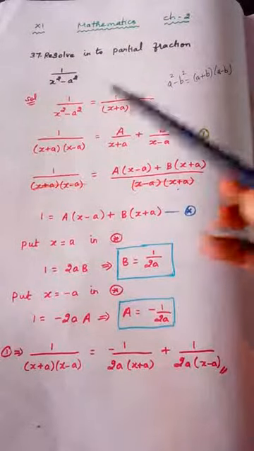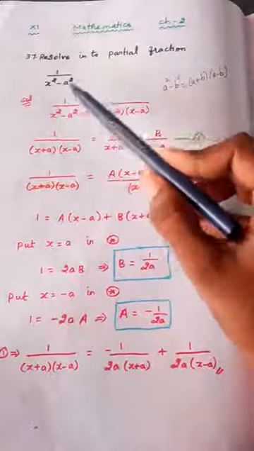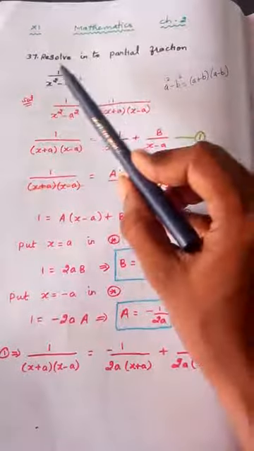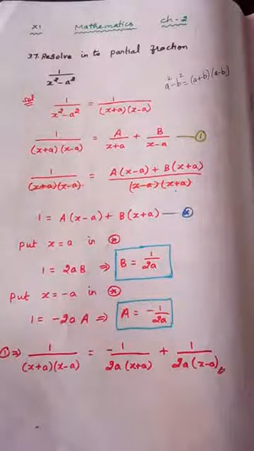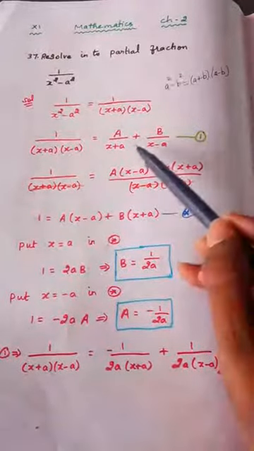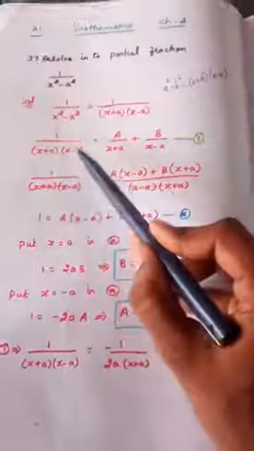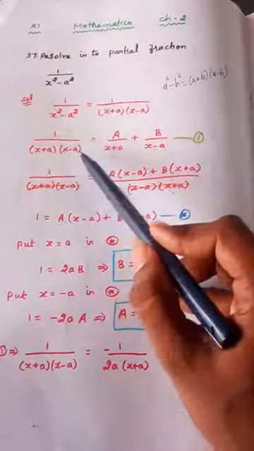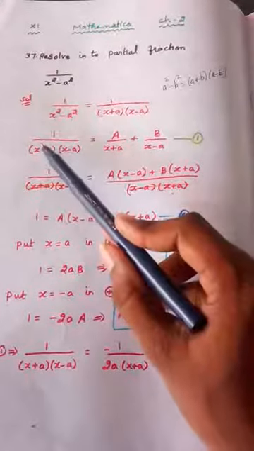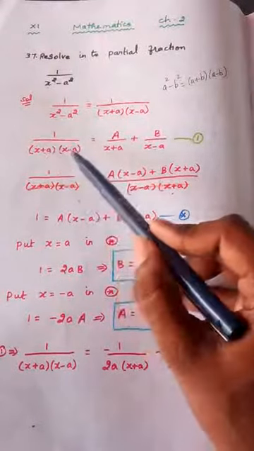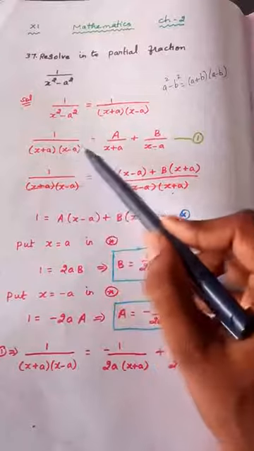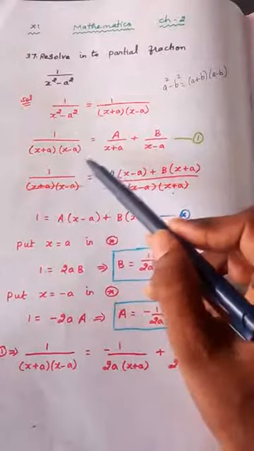So partial fraction is nothing but writing the given expression in terms of splitting the given expression as factors. So that is what we did here. This is type 1. Why is it type 1? Because the factors are linear factors. Linear means degree 1. This is also degree 1. This is also degree 1. And they are different. So linear factors of different, which are not equal.